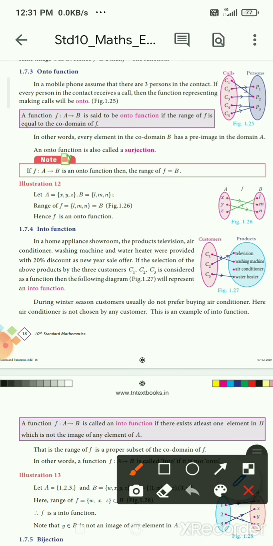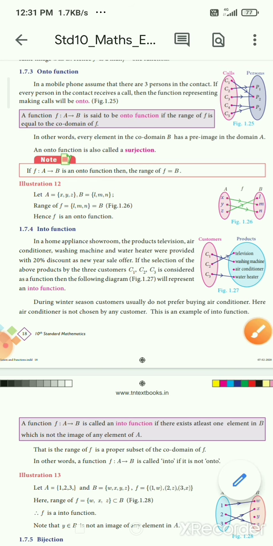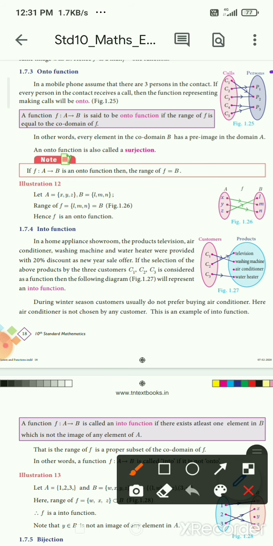What they told in this paragraph means, now in the mobile phone, assume there are three persons. See the three persons in the diagram: person 1, person 2 and person 3 in the contact. If every person in the contact receives a call, this is the calls.